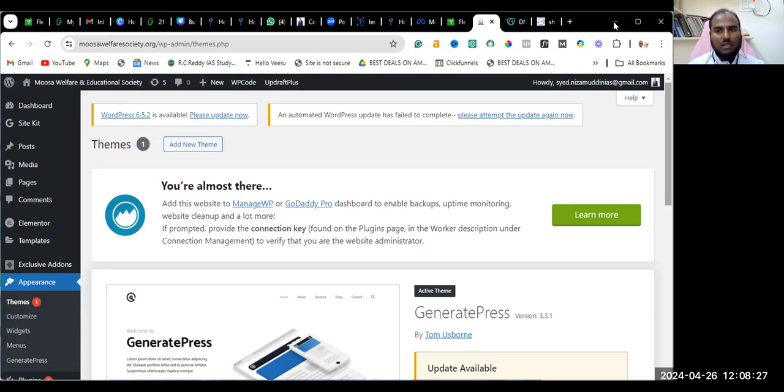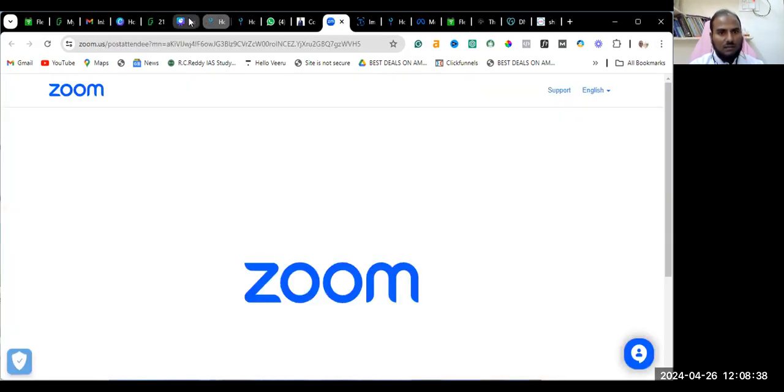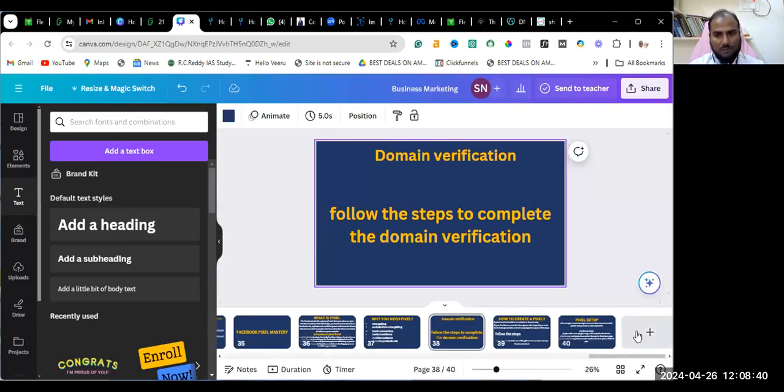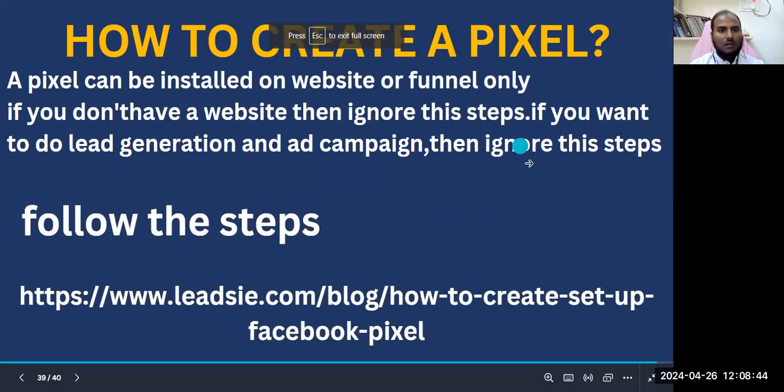Okay, so let us go to the next class. Next topic, let us jump into the next class. The next class is how to create a pixel. How to create a pixel. So do remember, friends,